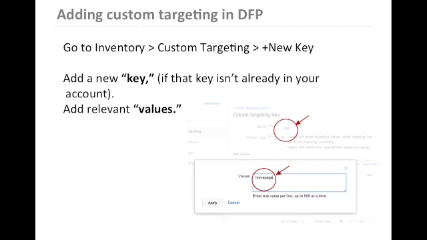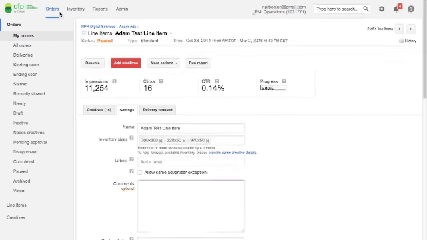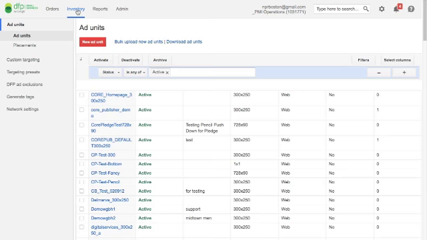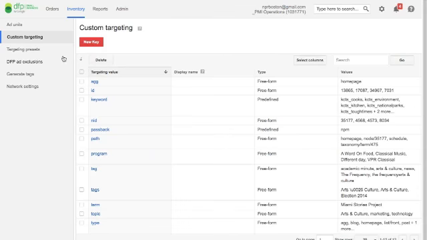So let's take a look at what this looks like in an actual DFP account. I'm just going to go over to my DFP account here, and I'm going to go back to my orders, or excuse me, inventory. You're going to go to inventory, and you're going to click on custom targeting. Once you click on custom targeting, you'll see you can add a new key, or if you've added any keys in the past, you're going to see them listed down below. So if I wanted to add a new key,